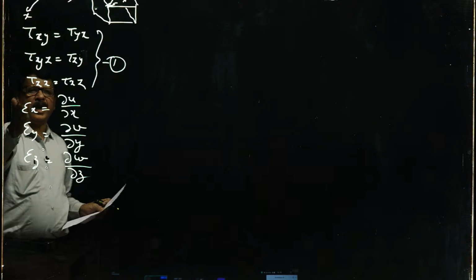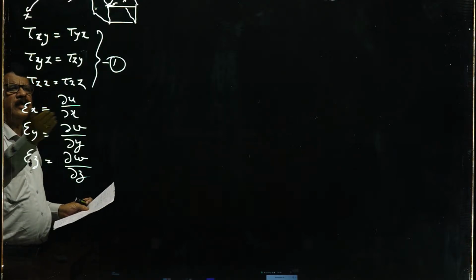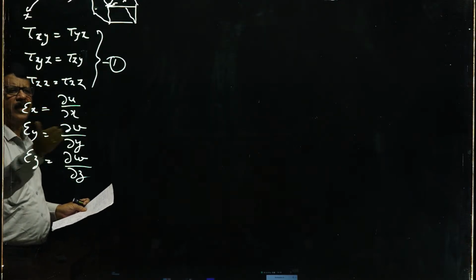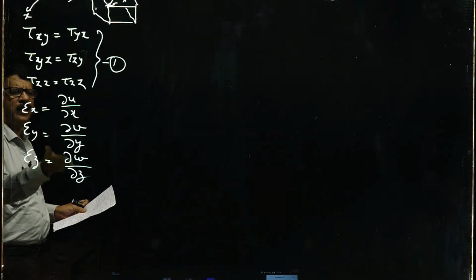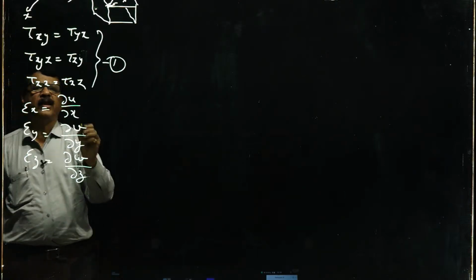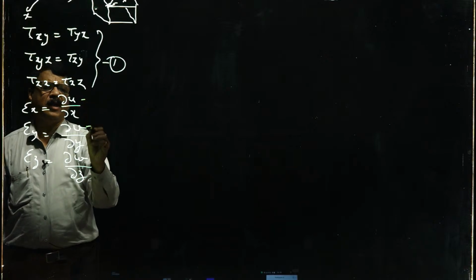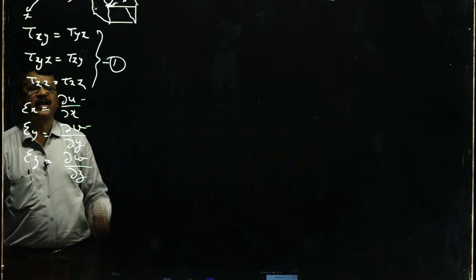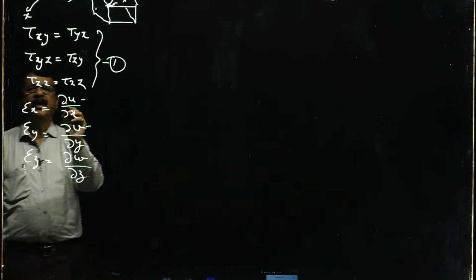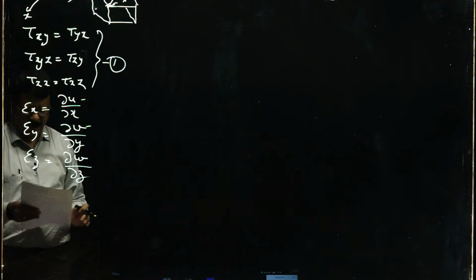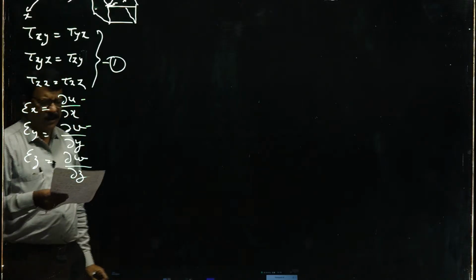And the strain in the x direction is del u by del x, in the y direction del v by del y, and in the z direction it is del w by del z, where u, v and w are the displacements in the x, y and z direction. So unit displacement is called the strain. Okay. Now let us come to further